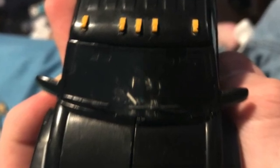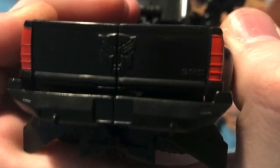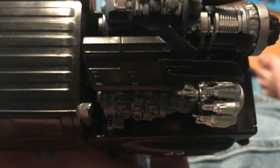And his vehicle mode certainly is a flawless representation of a GMC Topkick. Except for the head that's gawking straight out of the front of the vehicle mode, and the massive robo ankles that form a weird sort of semi-pentagram. Cementagram? No, that doesn't work. And the weapons that are just slapped together and slammed onto the back like a bunch of parts that he's just carrying off to sell to Cade Yeager. Okay, so maybe it's not a perfect representation of a GMC Topkick,